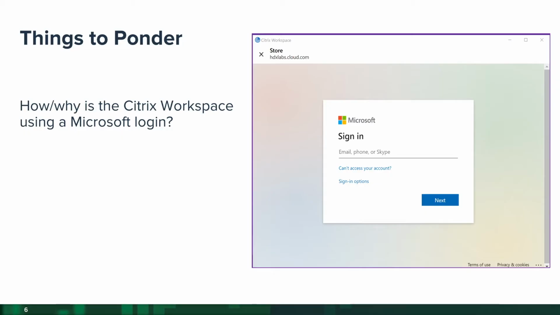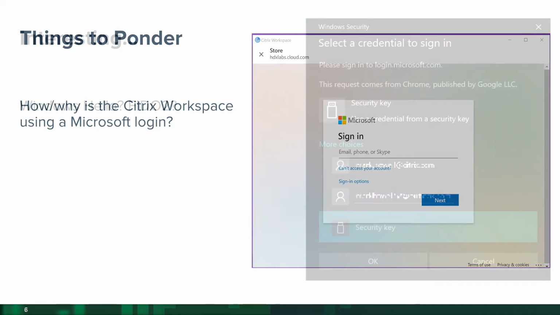One of the first things you should really be thinking about is how or why is the Citrix workspace using a Microsoft login? Because typically we'll use Active Directory for username and password, right? That's the very first thing you should be asking: why is that happening? Second thing is,